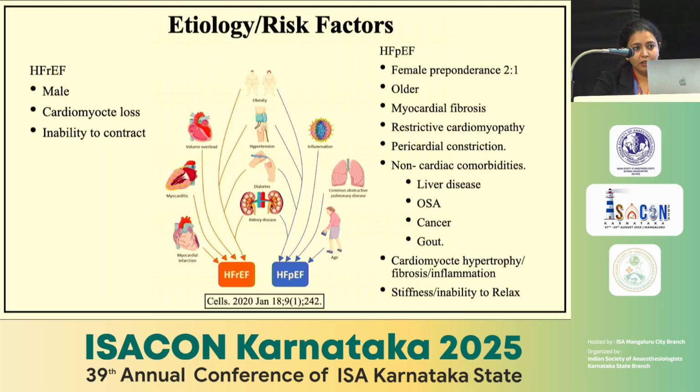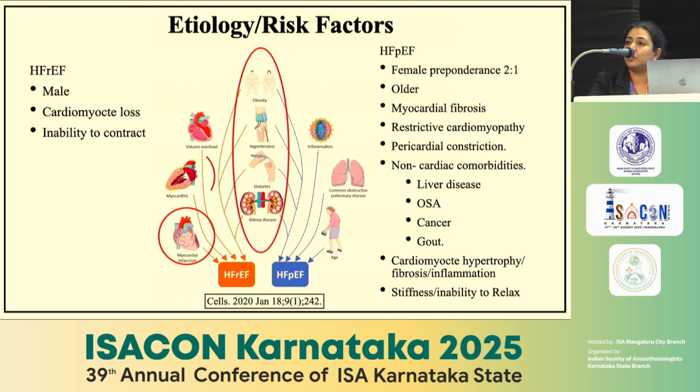Etiology. The etiology of both the heart failures have significant overlap and consist of obesity, hypertension, chronic kidney disease, as well as diabetes. Apart from this, patients with heart failure with reduced ejection fraction are usually younger, males, and it is characterized by cardiomyocyte loss secondary due to myocardial infarction, myocarditis, or volume overloaded valvular heart diseases like mitral regurgitation,